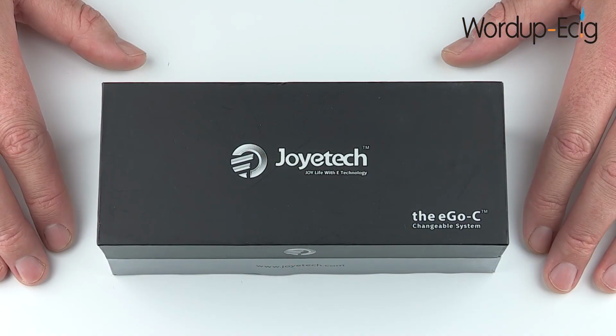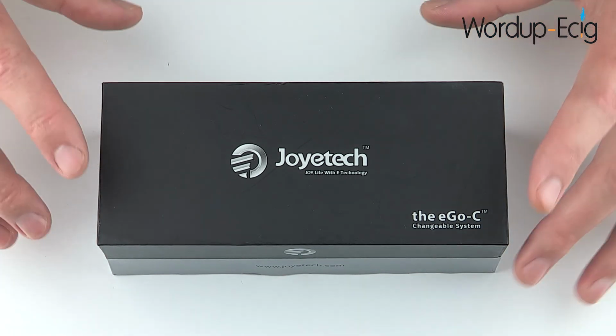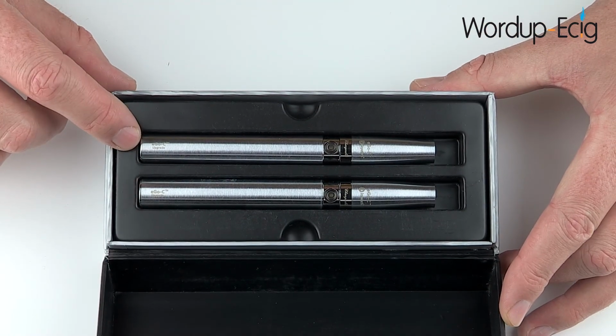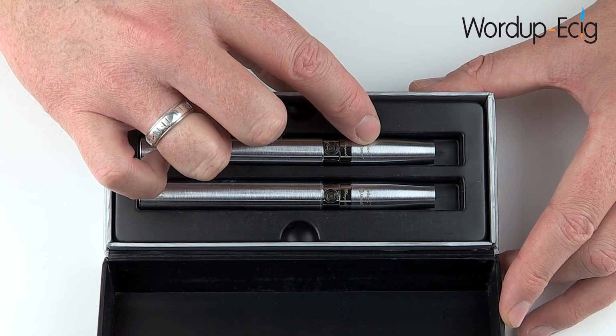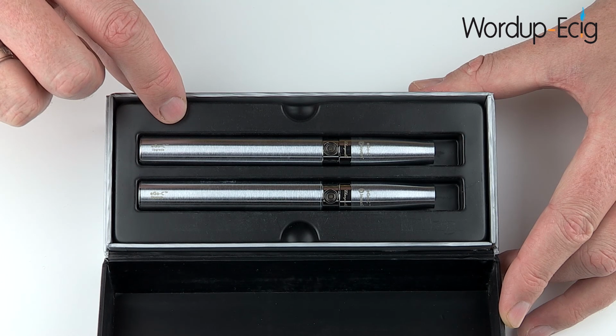When you receive your JoyeTech Mega Ego-C2 upgrade kit, it's going to come in a presentation box like this. Open up the lid and inside you'll find two JoyeTech Ego-C 1000 mAh manual batteries, two JoyeTech Ego-C atomizer bases and two JoyeTech Ego-C atomizer covers. Underneath this section you'll also find the following items: